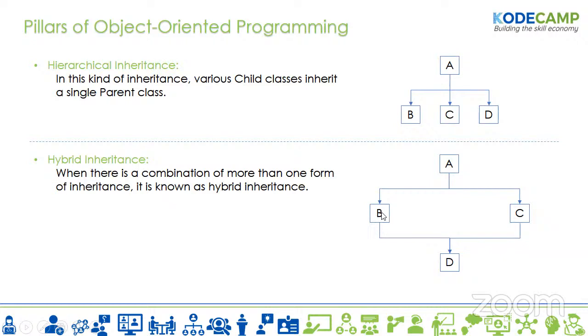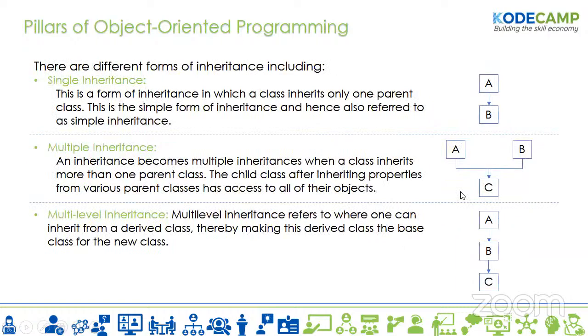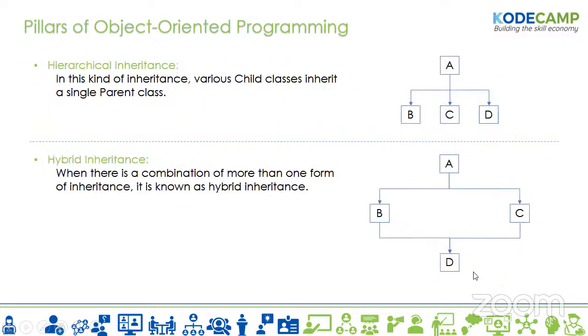While they've added their own new methods, D is now trying to reach out to get from this. So D, being a subclass of B and also a subclass of C, like we saw in the previous place, was multiple inheritance. So here we have multiple inheritance working, and we have hierarchical inheritance